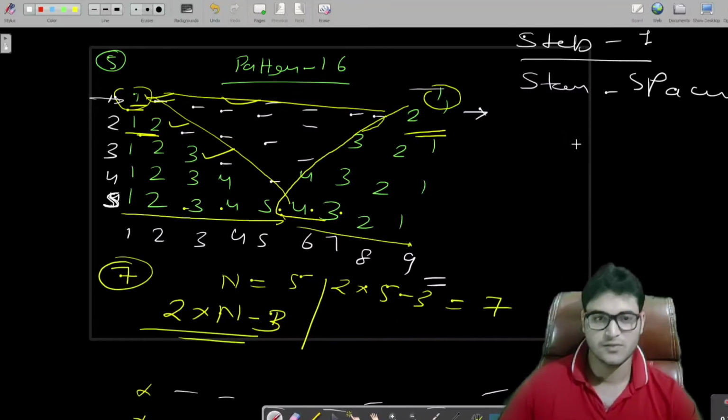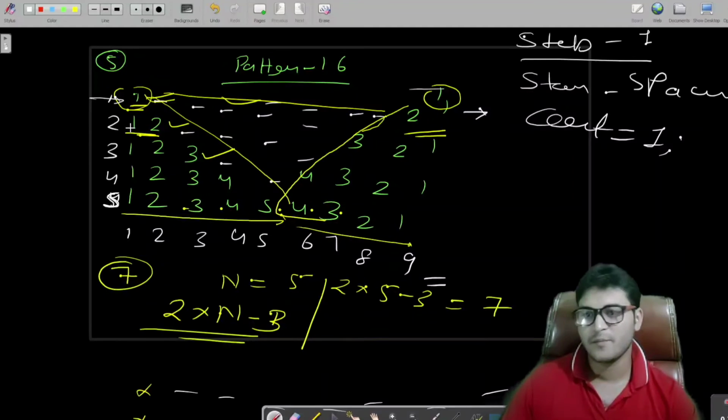Let's say I'm taking a counter as initially 1 and I'm printing the number of stars. At the place of printing the stars, I will print that counter, and right after printing this, I will just increase the value of this counter. So that's all we have to do.